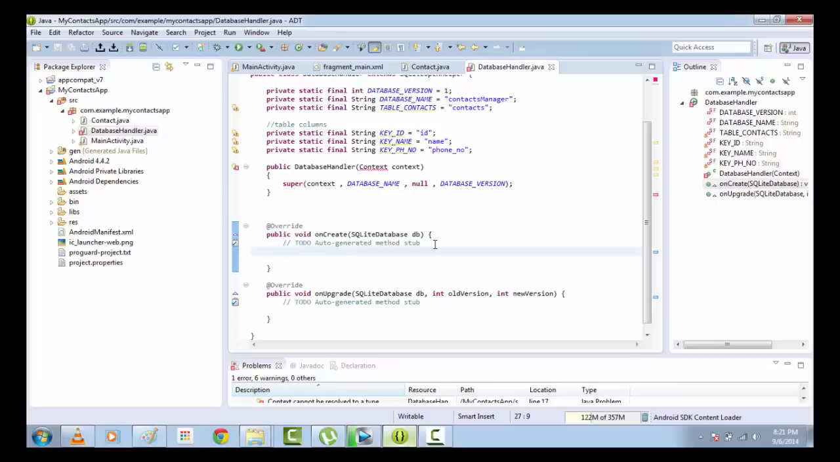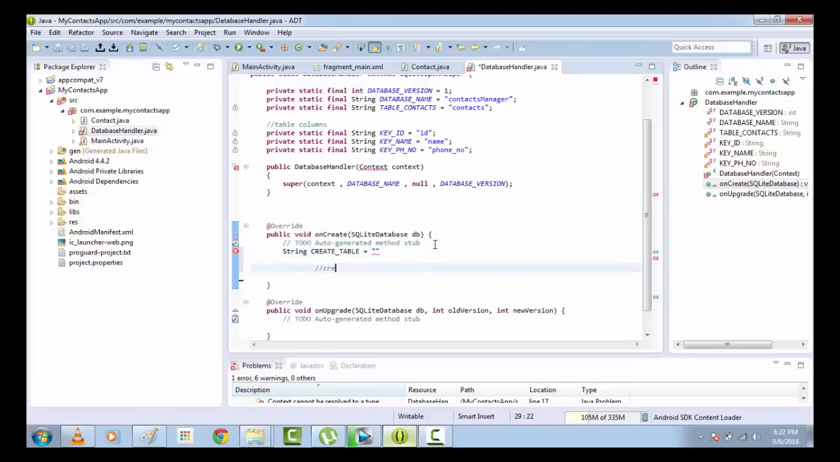Then we'll, for firing a query using Java, we'll have to make a string and fire a query. So we'll make a string for create table. Since we are creating a table, I'm naming the query as create table, and it is basically like this: create table, table name, and then